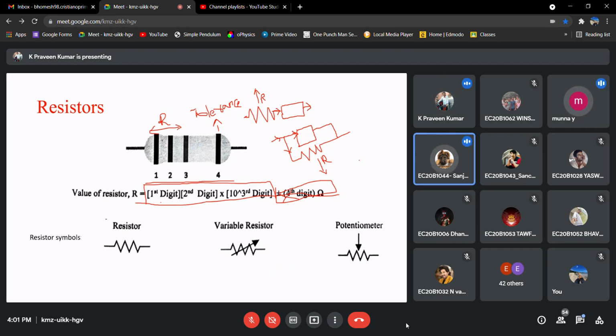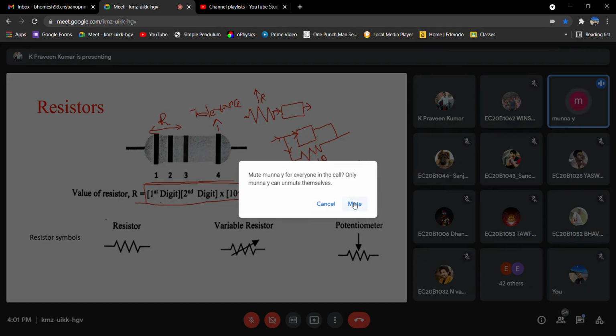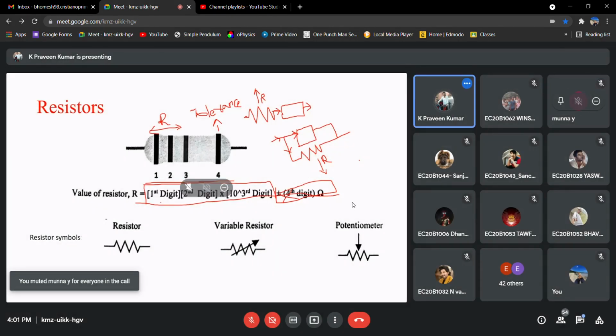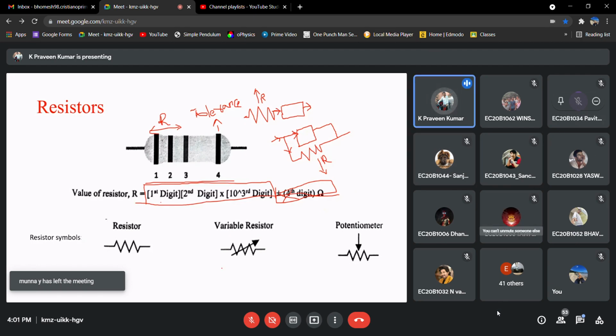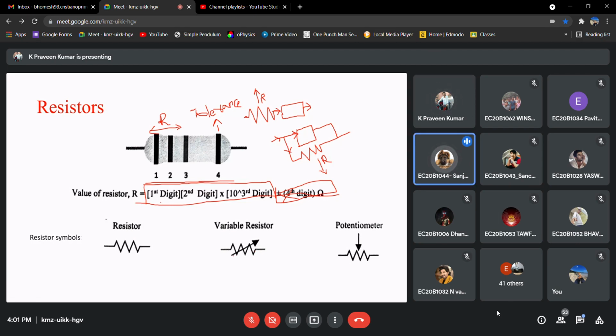Whereas in a potentiometer, we have to adjust it externally. In a variable resistor, the resistance will be changing as per the algorithm inside it, but in a potentiometer, we change the voltage from outside, like by hand.